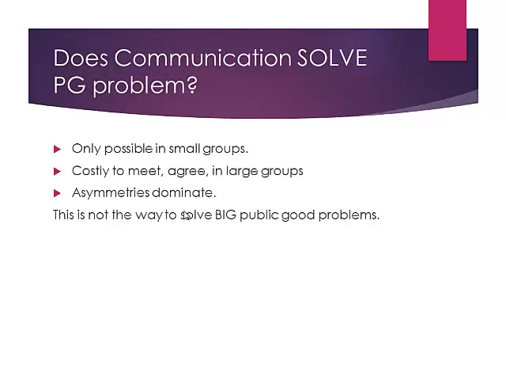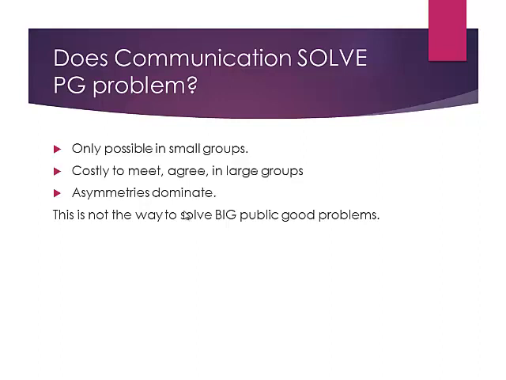So basically, then we come to the crunch. What does this mean for the public goods? Can we solve the problem by using communications? So the problem is, this is probably not a good solution, because only in small groups can you meet and communicate. When you have big groups and these things happen, like you have a situation that a big company is coming into the town and they're going to cause pollution.